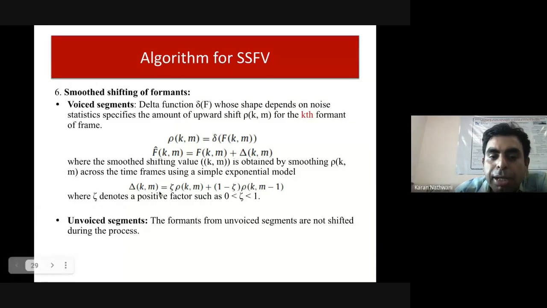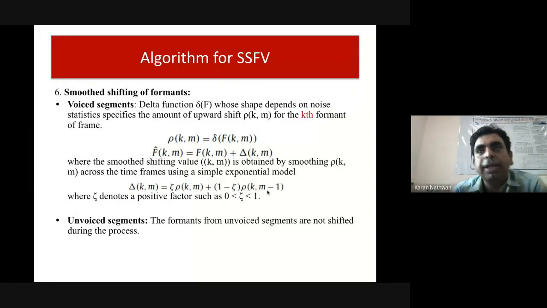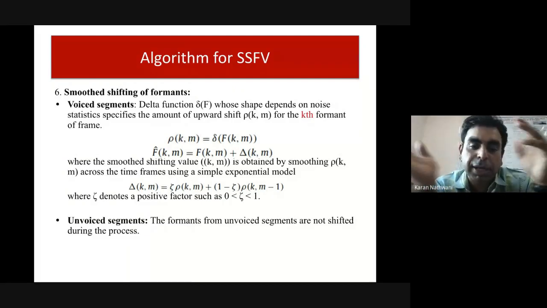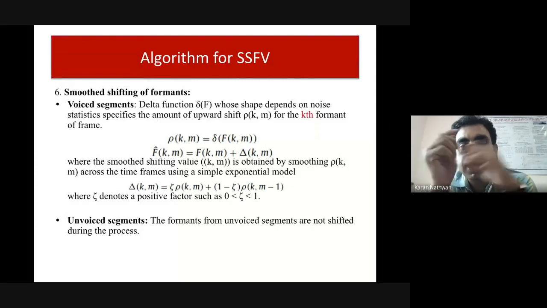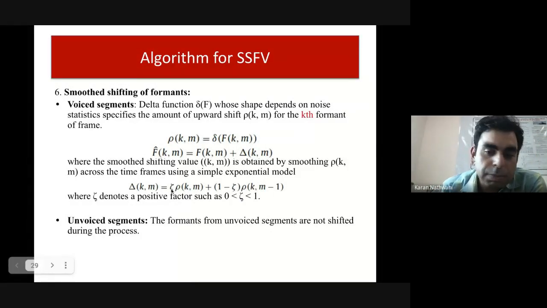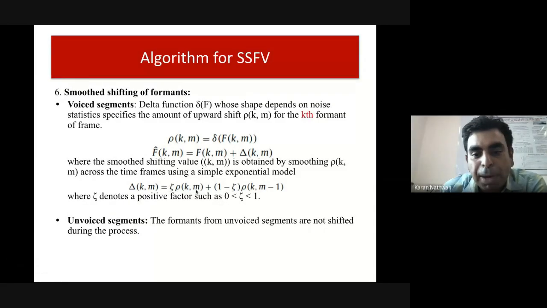Then you do the interpolation between the two frames, that is the mth and the previous, m minus 1. It is something like this. I have A marks is 60, B marks is 30. So I start with B, 30. And let's say your factor is 0.7. So 30 into 0.7 plus 1 minus 0.7, that is 0.3 into 60. That is your previous one.